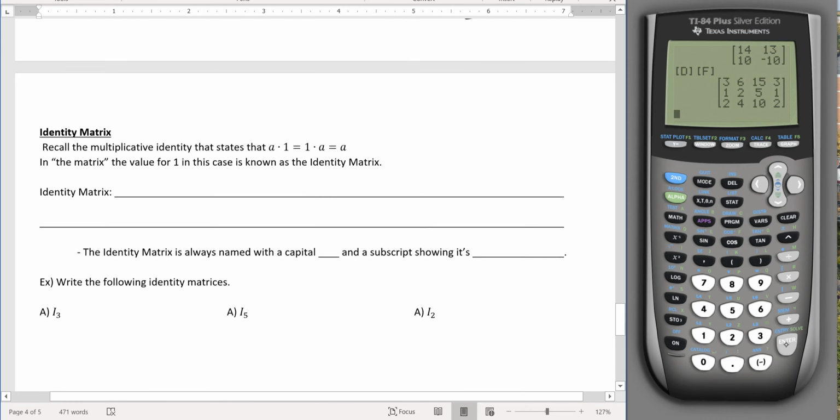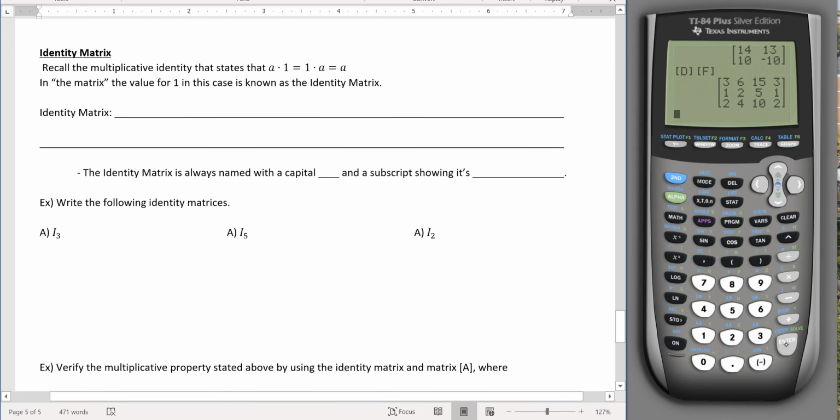Fantastic. The last thing I want to talk about today is the identity matrix. And the identity matrix is based on the multiplicative identity. Basically, that means if I multiply any number times 1 or 1 times any number, I get that original number. The identity matrix in this case is what 1 represents in the matrix world. So in the matrix world, the identity matrix is the same thing as 1. If you multiply a matrix by the identity matrix, you'll get that original matrix you multiplied by. So the identity matrix is a square matrix